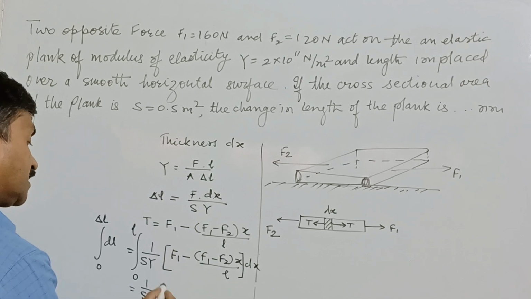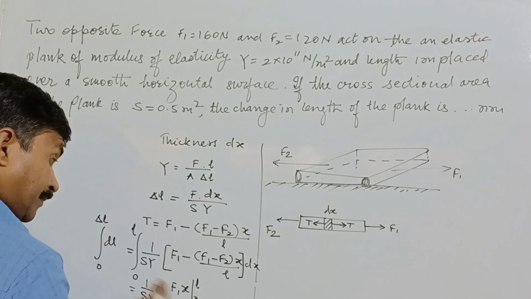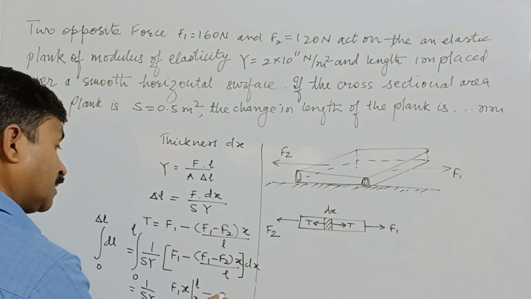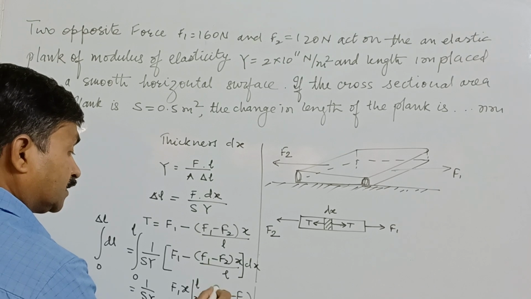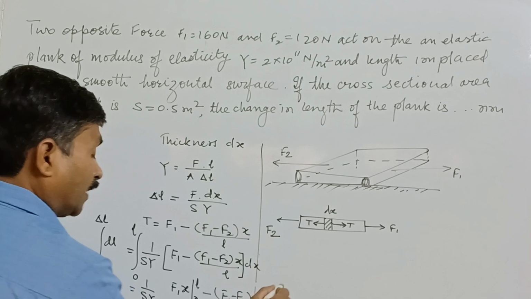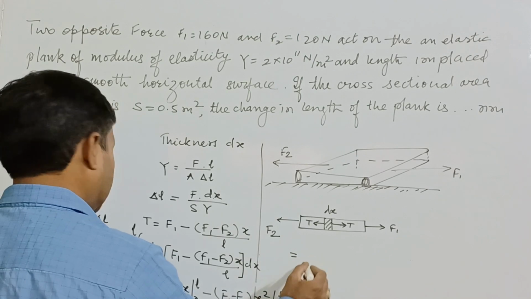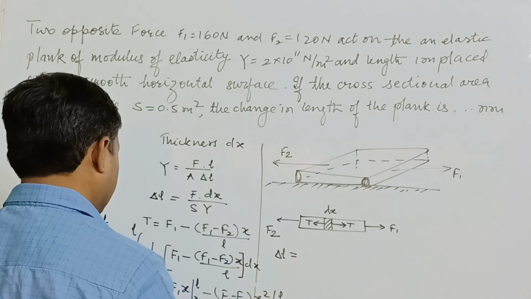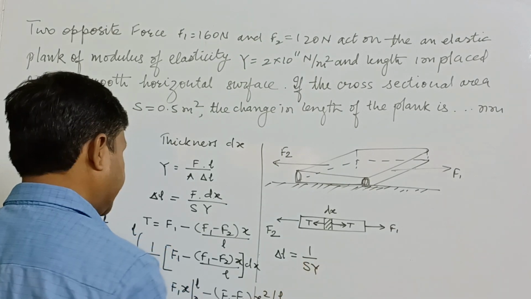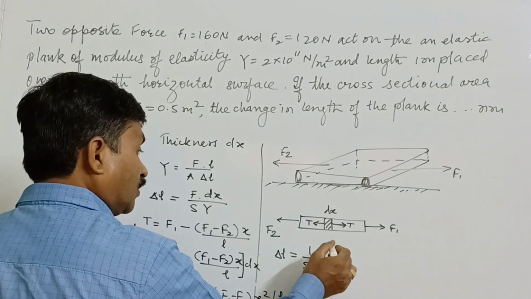So it is F1 dx, F1 into x, 0 to L, minus this F1 minus F2 as it is, it will be x square upon 2 into L, and it is 0 to L. Now if we go through this, I am putting it here, this relation, delta L is 1 upon SY, and integration and putting the limit will give the 0 here,